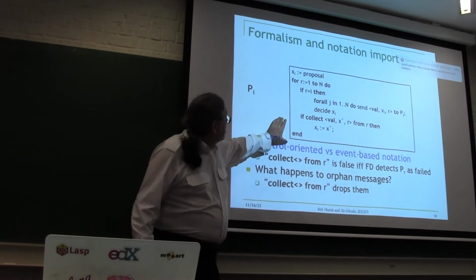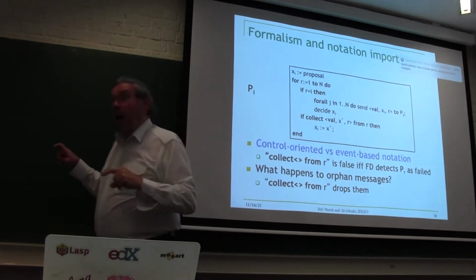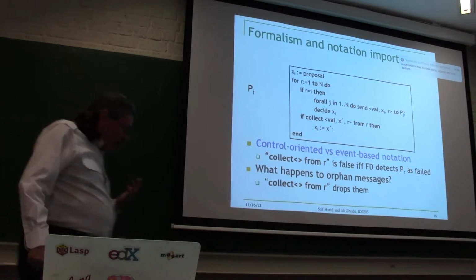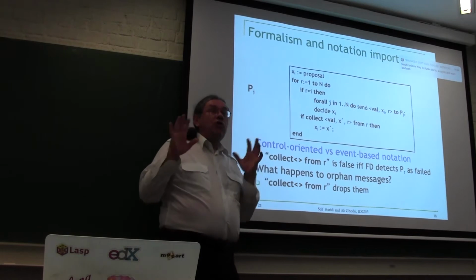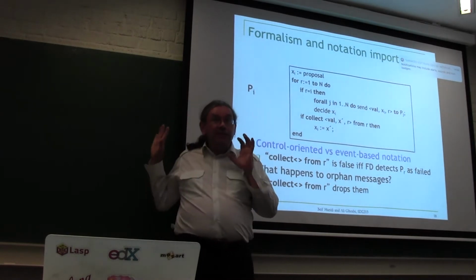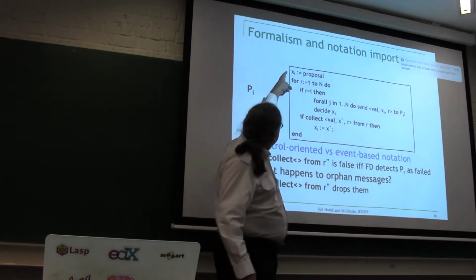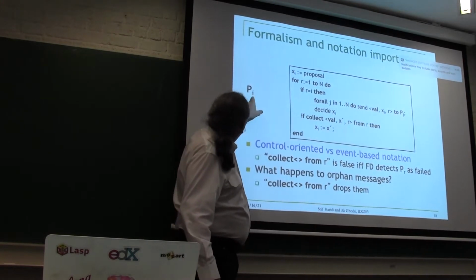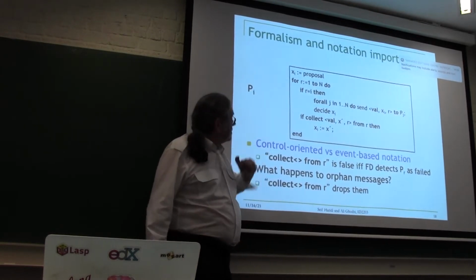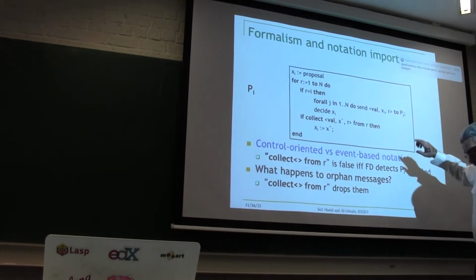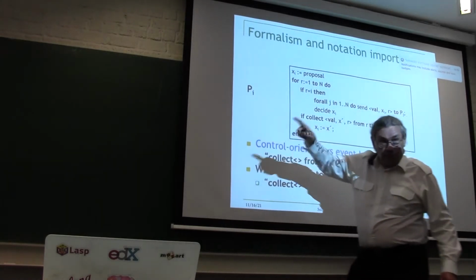And it's important because later today I will show you a more complicated algorithm, the rotating consensus, which is like this one, but going around forever. And to make it easier to understand, I want to show you a code which is kind of similar to regular imperative code. So this code here is the code that's run on every single node. Node I runs this, okay? So all the nodes run the same code. The only difference is that there's an I which can be 1, 2, 3 up to n.